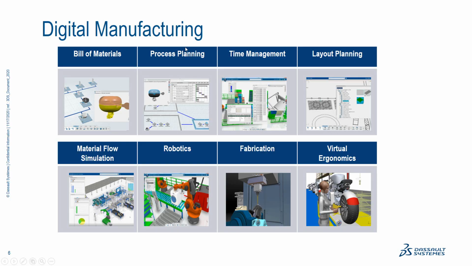It's about digital manufacturing. There you have a quick overview of what we can do in digital manufacturing. So it's all about manufacturing bill of material, process planning. So it's basically the definition of the sequence of the operation. You have just quickly there an overview. You have a Gantt where you can see the sequence of tasks that need to be performed. Time management. We have tools to make some standard time measurement, depending on the industry, it can be MTM1, MTM2 if you're familiar with that.